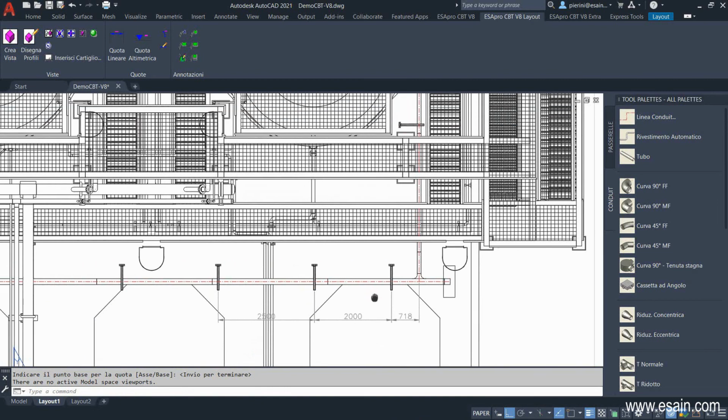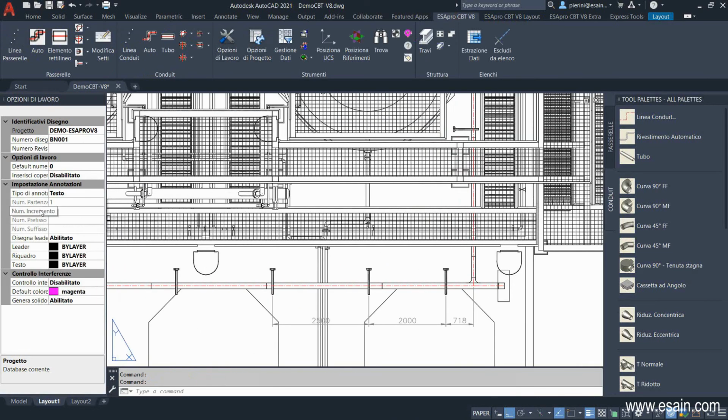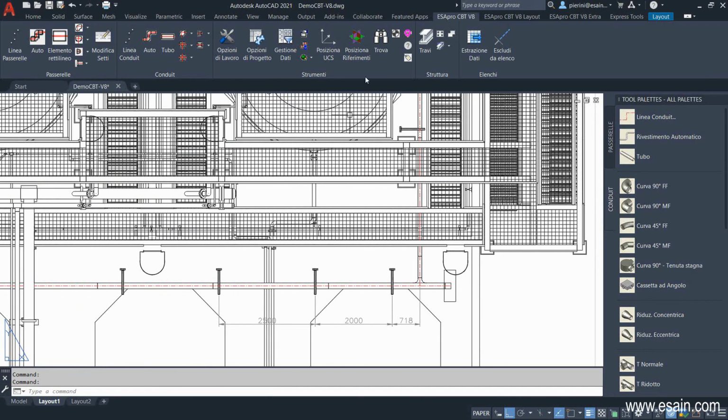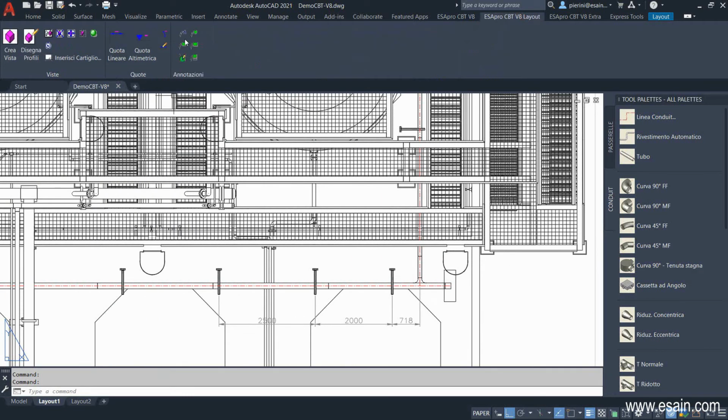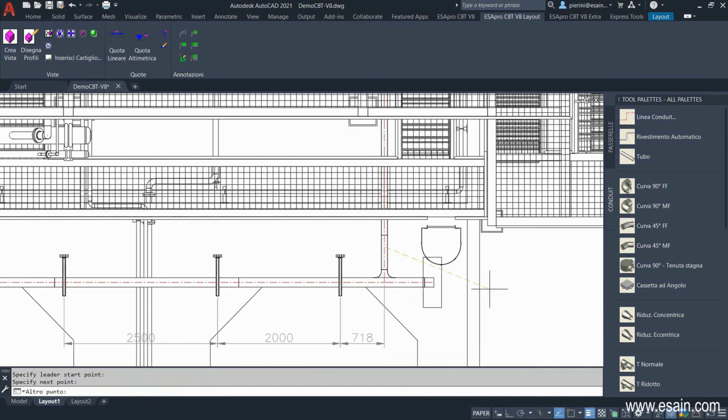Another option is to add a set of annotations. In this case, we enable an annotation showing the dimensions of our trays. Width by height for rectangular sections or diameter for conduits. We choose the type of label, in this case it's a simple leader with text, and select the section we want to label. This makes it very easy to give information on the sizing of electrical raceways.